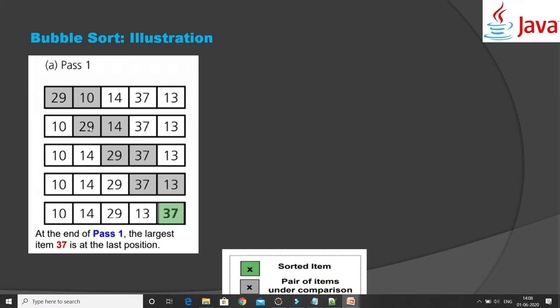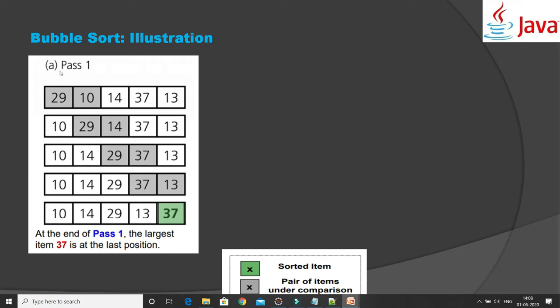Next, the two elements 29 and 40 will be compared, and again we find 29 is greater than 40, so swapping will happen in the next step. Elements would be arranged something like 10, 14, 29, 37, and 13. Again in the next step, the next two elements are compared, and swapping is needed again because the previous element is greater than the next element.